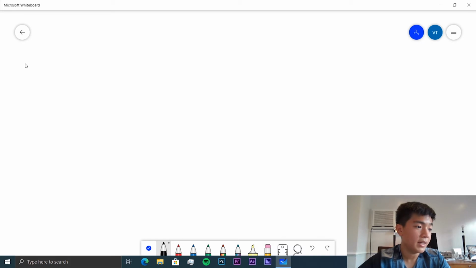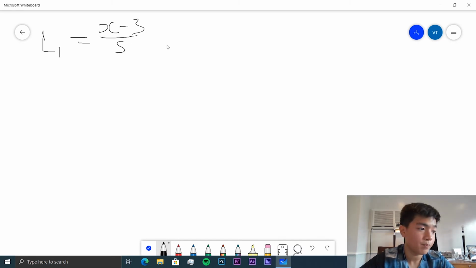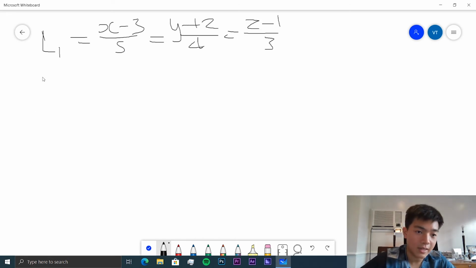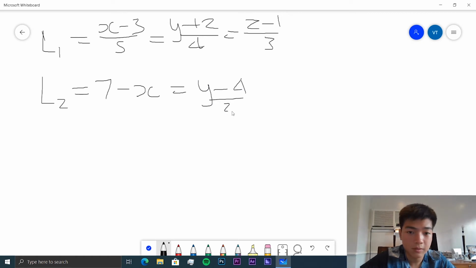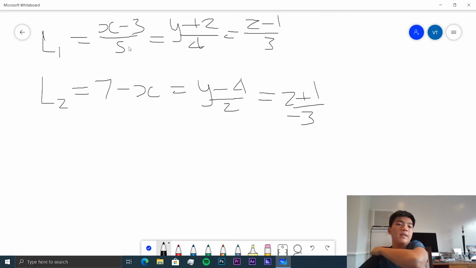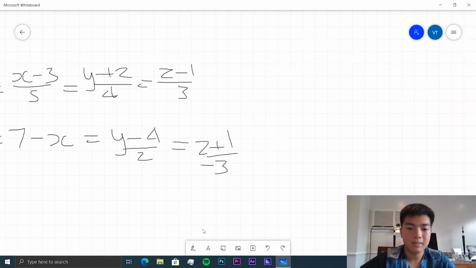We have: find any points of intersection between the following lines. The first line is x minus 3 over 5 is equal to y plus 2 over 4 is equal to z minus 1 over 3. And the second line is 7 minus x is equal to y minus 4 over 2 is equal to z plus 1 over minus 3. There's a bit of a trick when we're converting back from this kind of form to a parametric form. If there are no coefficients in any of x, y, and z, this is simply equal to